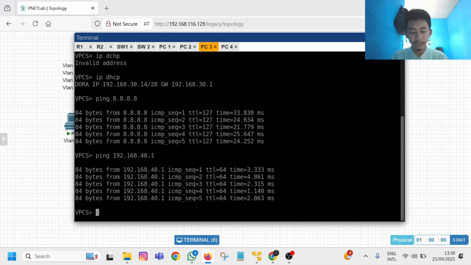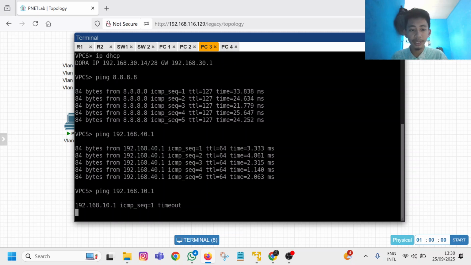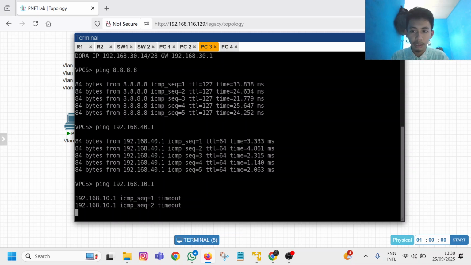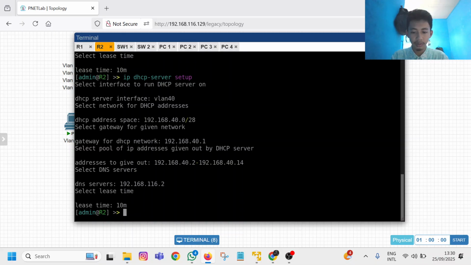But the difference is, if we try to ping PC 1 from PC 3, ping 192.168.10.1, we don't have the connection because we need the routing, IP route from router 2 to router 1. I'm gonna try it. IP route ping.